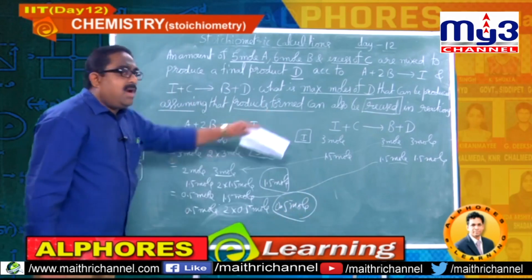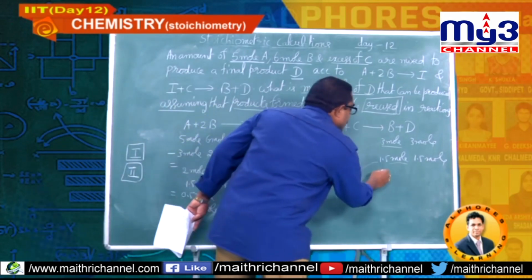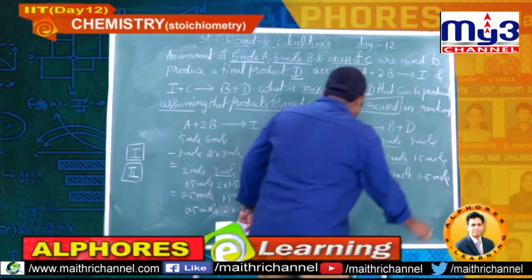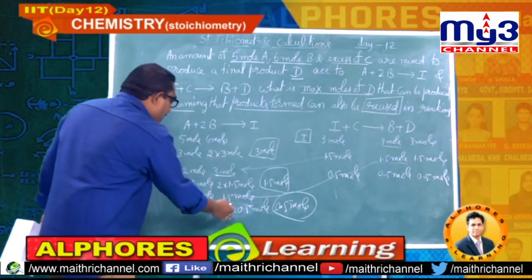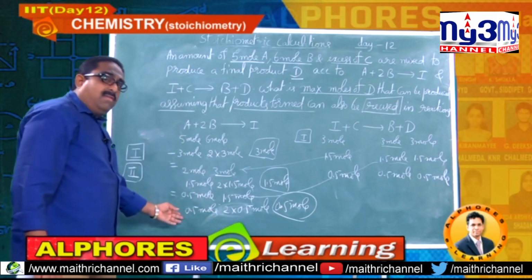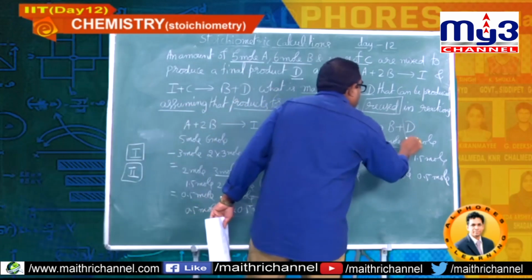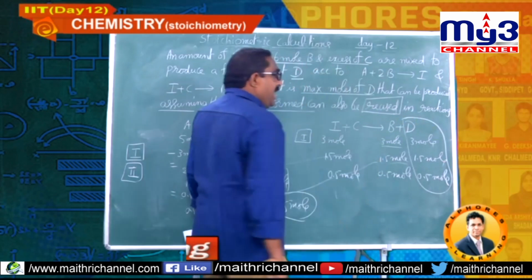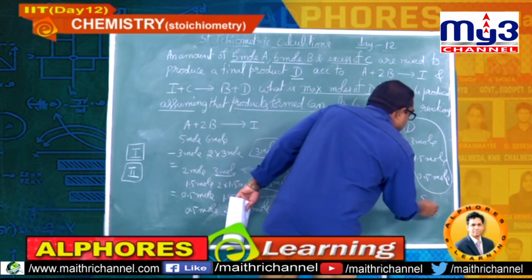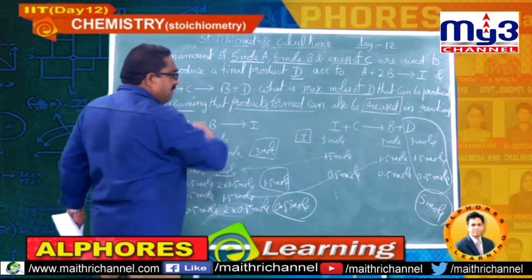Again you got 0.5 mole of I. Again you have to go for the next reaction. That is 0.5 mole gives rise to 0.5 mole of this and 0.5 mole of this. So again B has 0.5 mole. So you will get B again 0.5 mole. But all the A is completely consumed. There is no A there. So finally the amount of product D obtained in the process is 3 plus 1.5 and 0.5. Our answer should be reported as 5, an integer type for an advanced level question.